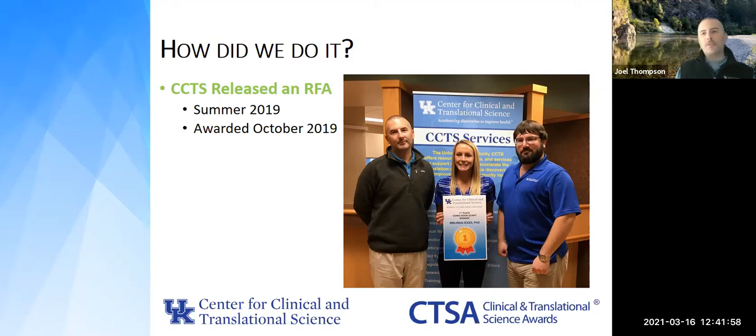We produced an RFA. And so unlike traditional RFAs that CCTS puts out, where we ask you to present us with a proposal, include your methodology, include a justification, include future directions, what is the science going to be, and how are we going to do it? This RFA asked investigators to take a paper that had been published in the last 3 years and basically turn it into a storyboard. So we're digging into the creativity of the investigators here to take whatever they had in their manuscript and bring it to life. All right. And that's a very big challenge for people that are just science.